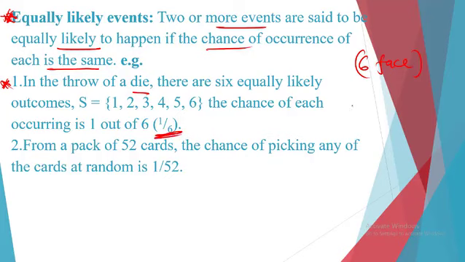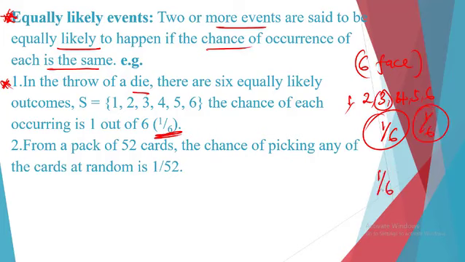If you throw a die, it's possible 1 will show. It's possible it will be 2. It's possible it will be 3. It's possible it will be 4, 5, or 6. So the probability of obtaining a 3 is just 1 out of 6. Do you understand? That's how we got 1 over 6. The probability of obtaining a 1 is just 1 over 6. The probability of obtaining a 6 is 1 over 6. So that is why we say that they are